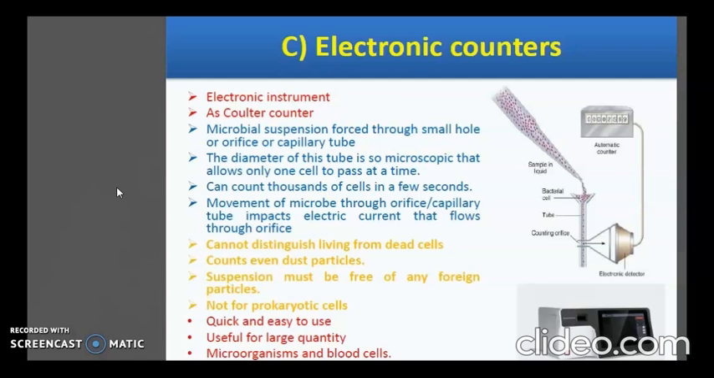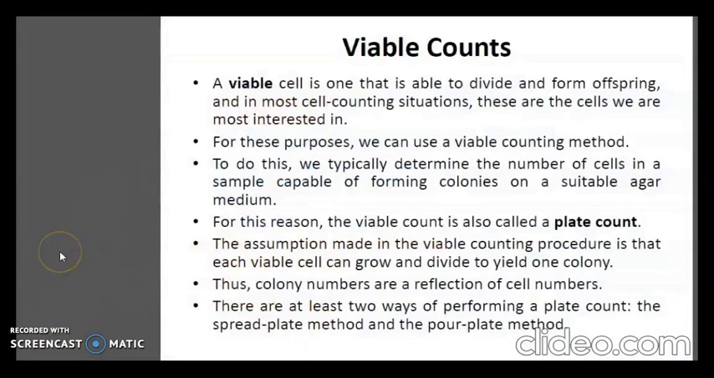Some of the disadvantages are that it requires sophisticated electronic equipment and sometimes the orifice may be clogged. It is not possible to make a viable count because even the debris particles will be counted as microorganisms. So there we come to the end of direct counting methods. Now let's see the indirect method to determine the number of cells